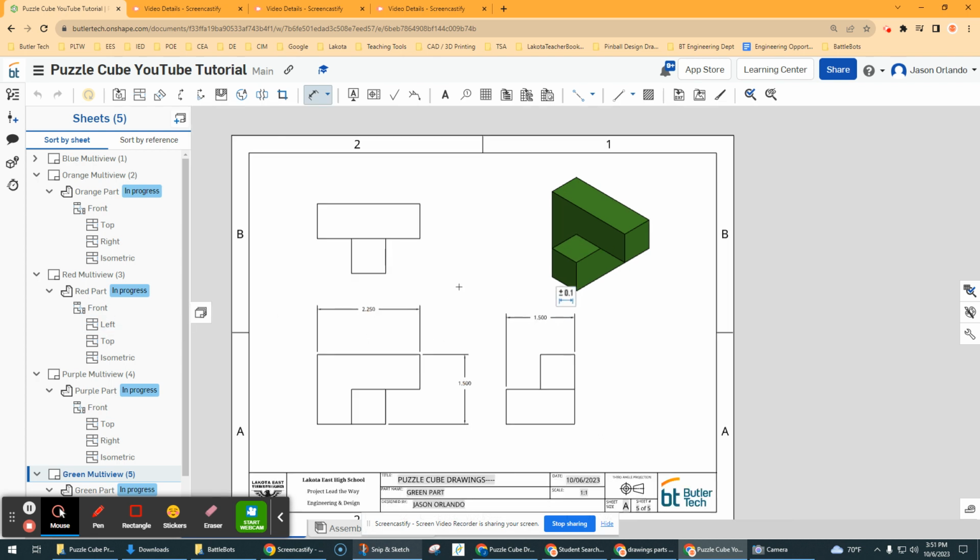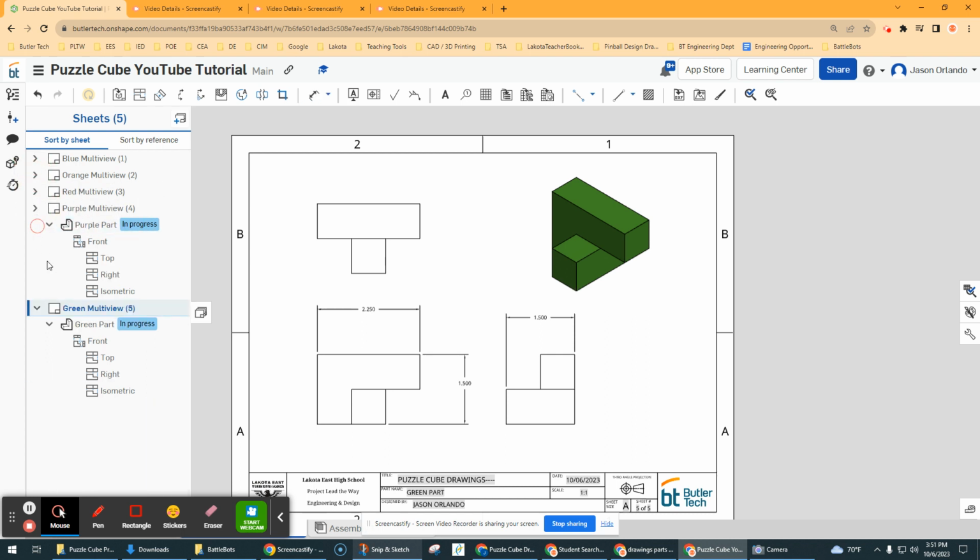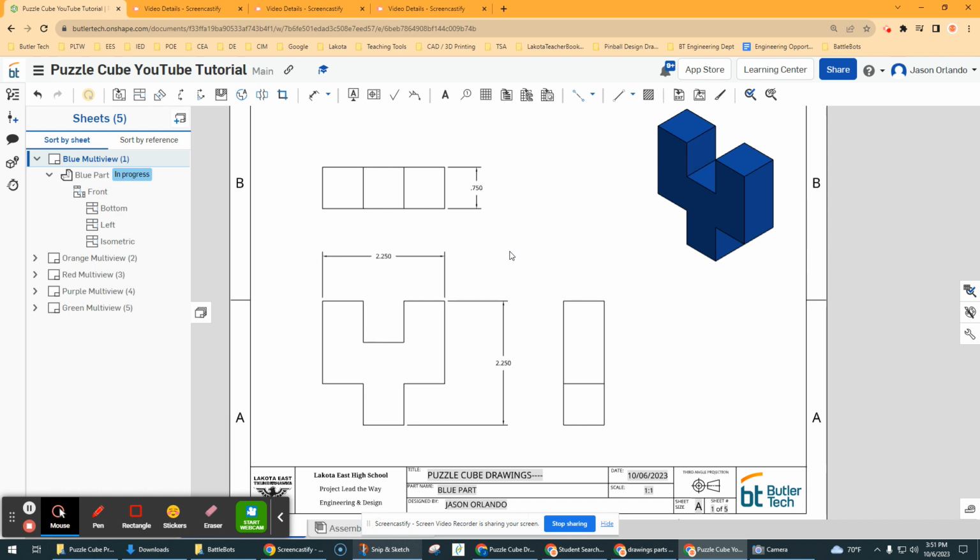Okay, so there you go. That was the first wave. We have made a pass showing overall width, overall height, overall depth. Now we're going to make a second pass. Now this is where, if you go back to the Canvas assignment, we said that you have to look at each